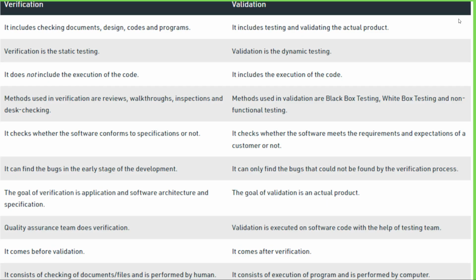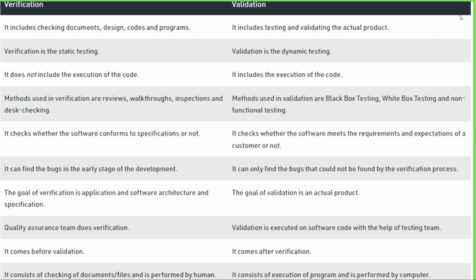So let's take the major differences between verification and validation. Verification includes checking the document, design, code and program, whereas validation includes testing and validating the actual product. Verification is static testing and validation is dynamic. Verification does not include execution and validation includes execution. Verification methods are walkthrough, inspection and others, while validation methods are black box testing, white box testing and